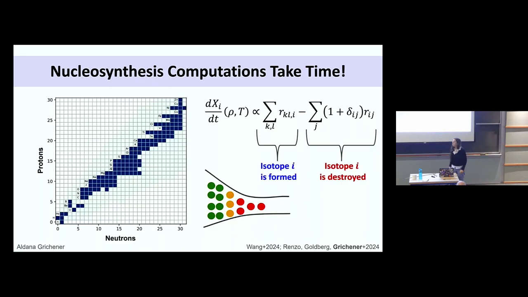So to simplify this, what happens is that in order to perform silicon core burning, we need hundreds of isotopes, at least 100. 100 isotopes mean a differential equation set of 100 fully coupled differential equations, because the way that stellar evolution codes handle this nuclear burning is by having this nuclear reaction network, which is the list of all the isotopes that the code knows about, and the list of the reactions that correlate between their formation and destruction. So every time we add one more isotope, we add actually one more equation that is coupled,